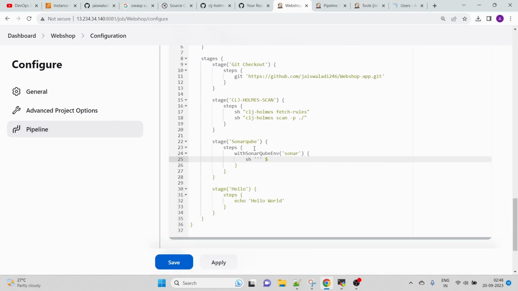How do we do that? This variable name which we created, and for a tool like this, its executable file exists inside the bin folder. Its name will be sonar-scanner. This is done. Now we need to add a few arguments like